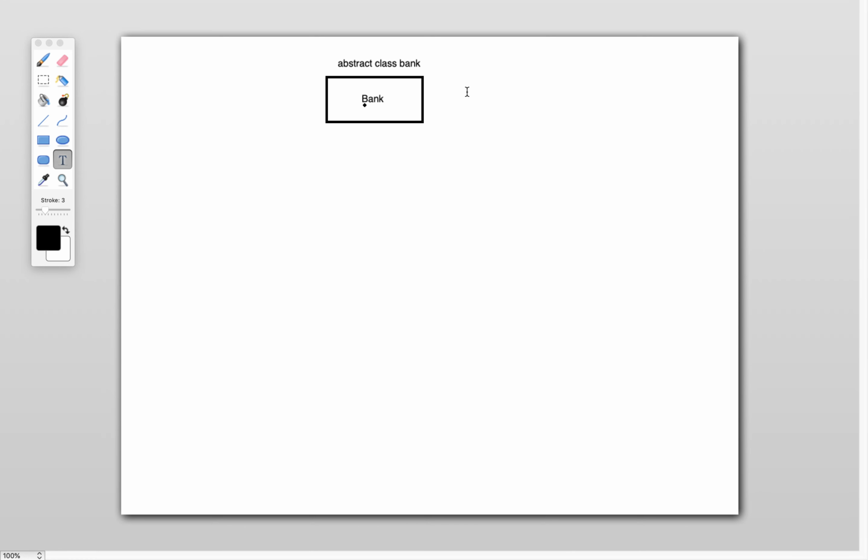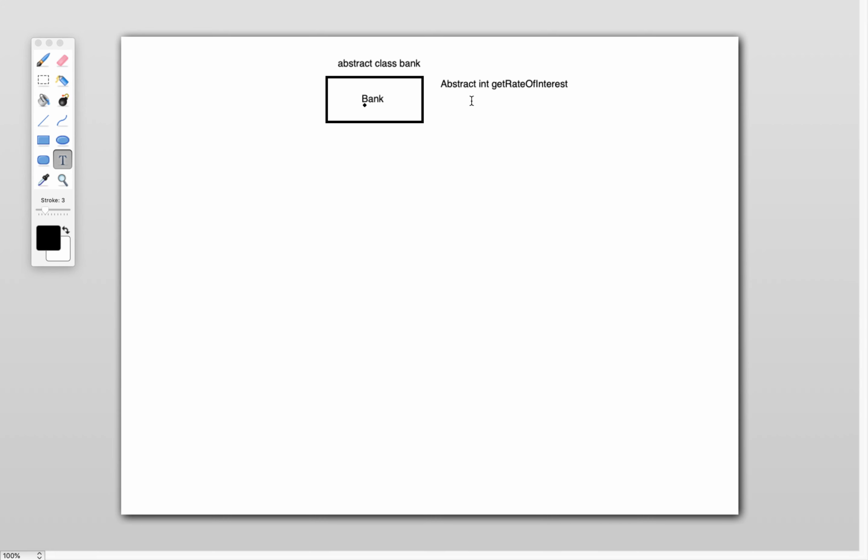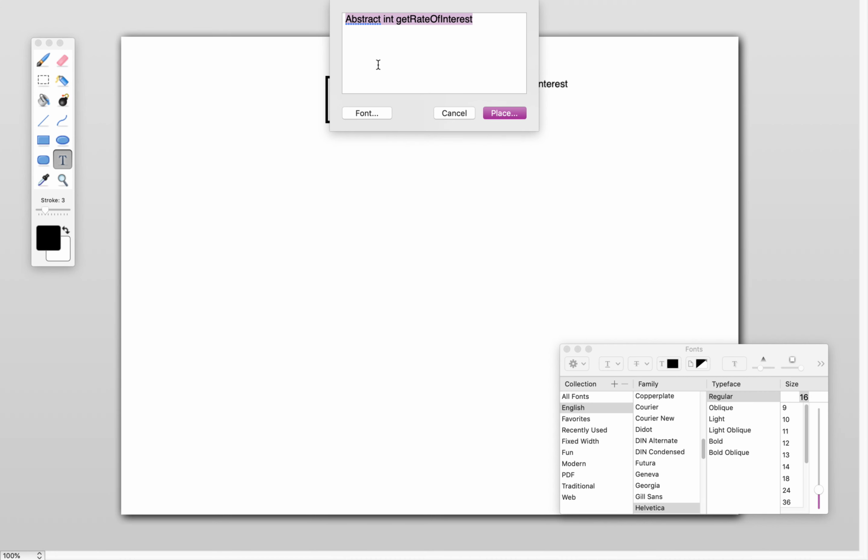An abstract class can contain both abstract methods as well as methods which are fully implemented. An abstract method means a method which does not have any implementation, a skeleton which does not have any coding logic. So we can create an abstract method, and this will also contain a normal method.